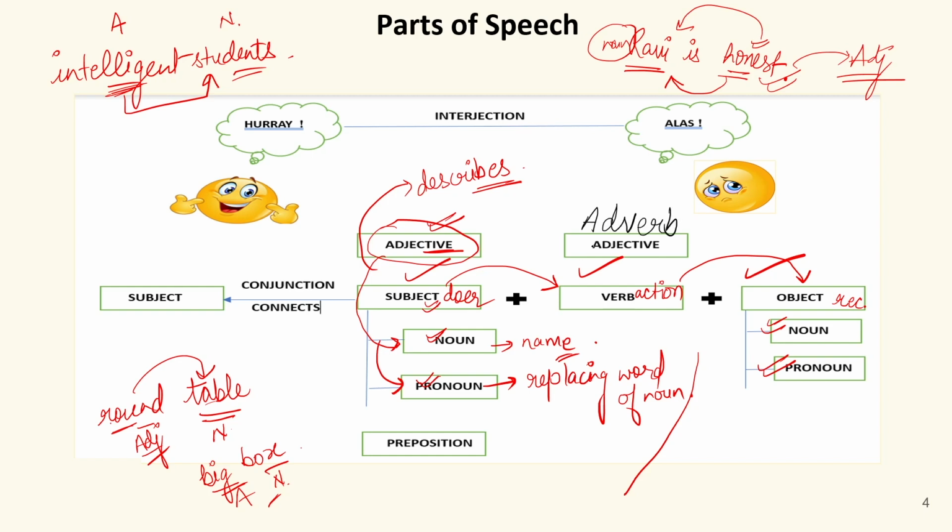Now this is adverb. Now we have a word over here that is adverb. Now what is adverb? You can see in this word here it is written verb and then it is written here add. It means a word which adds something to a verb is known as adverb. It clearly states that if a word modifies or qualifies a verb, that word is known as adverb.